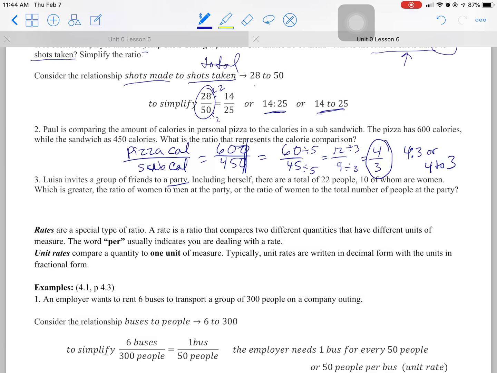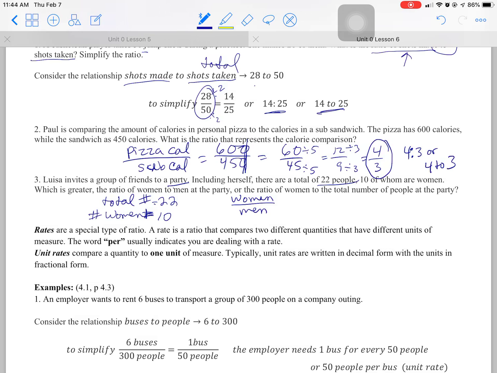We're having a party. We have 22 people. 10 are women. So total, sometimes I just start writing if they have a lot of information. Total number of people is 22. Number of women is 10. Which is greater, the ratio of women